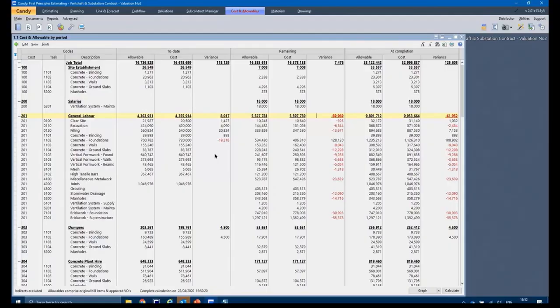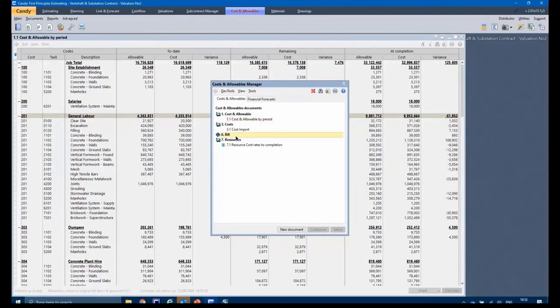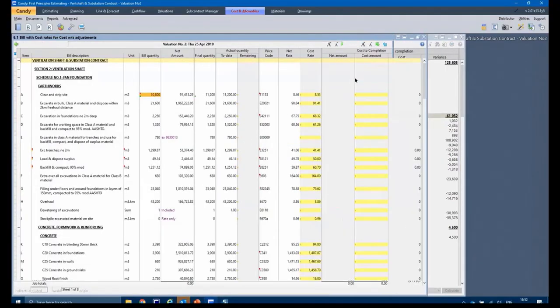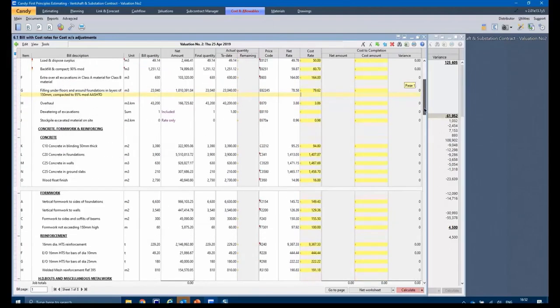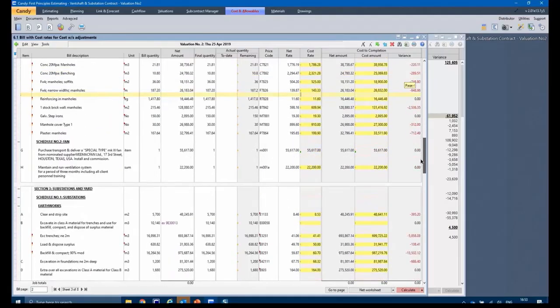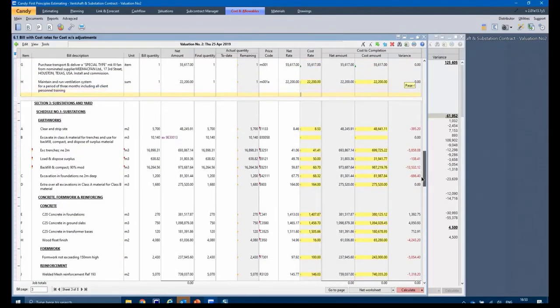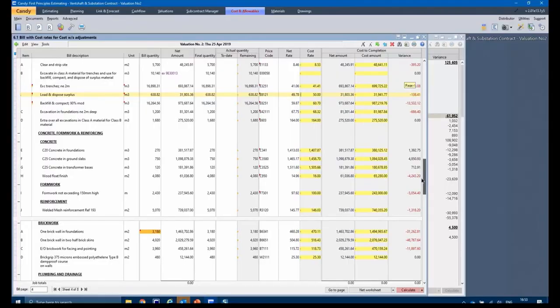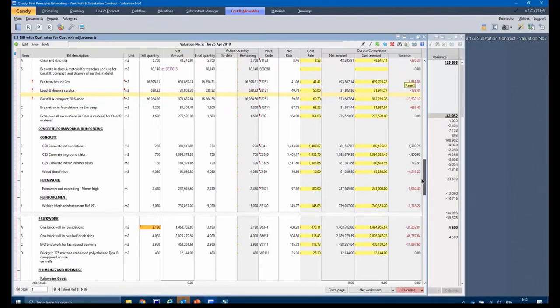So this allows us to do it at a resource level, but you can also do it at a bill item level. And this obviously is because we've got first principles pricing embedded in this estimate. So if I go to my bill of quantities, you'll notice each bill item has a cost rate and a net rate. And you'll notice the cost rate already exceeds the net rate, and that's because I changed the cost rate for labor. So wherever I use labor, it's already adjusted. So I'm going to look at items that are still remaining, because that's going to affect my remaining cost.